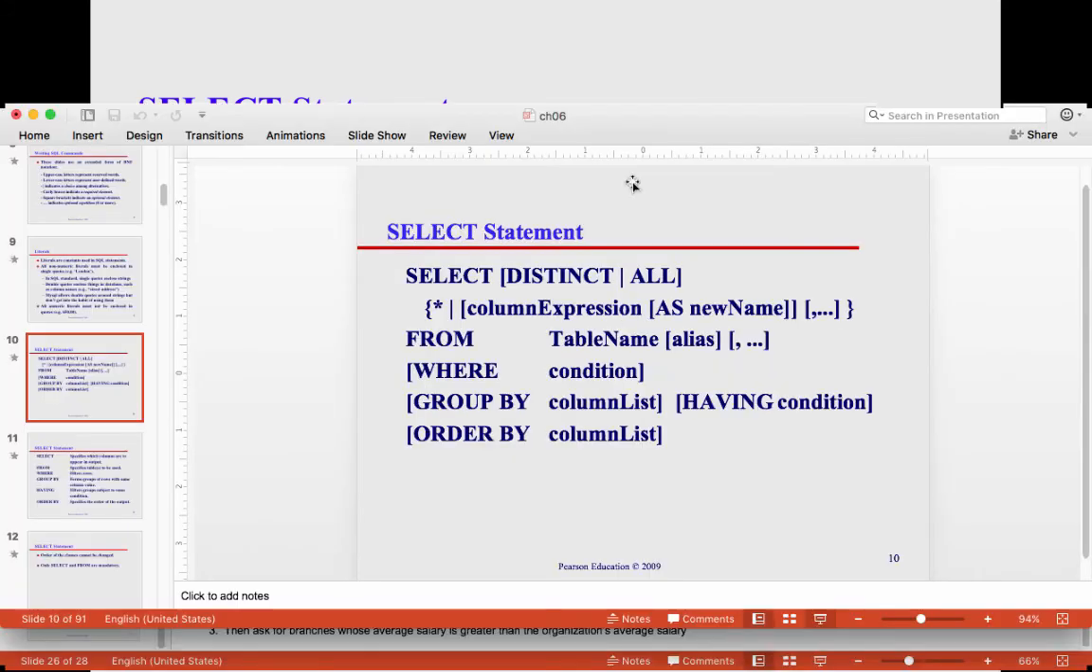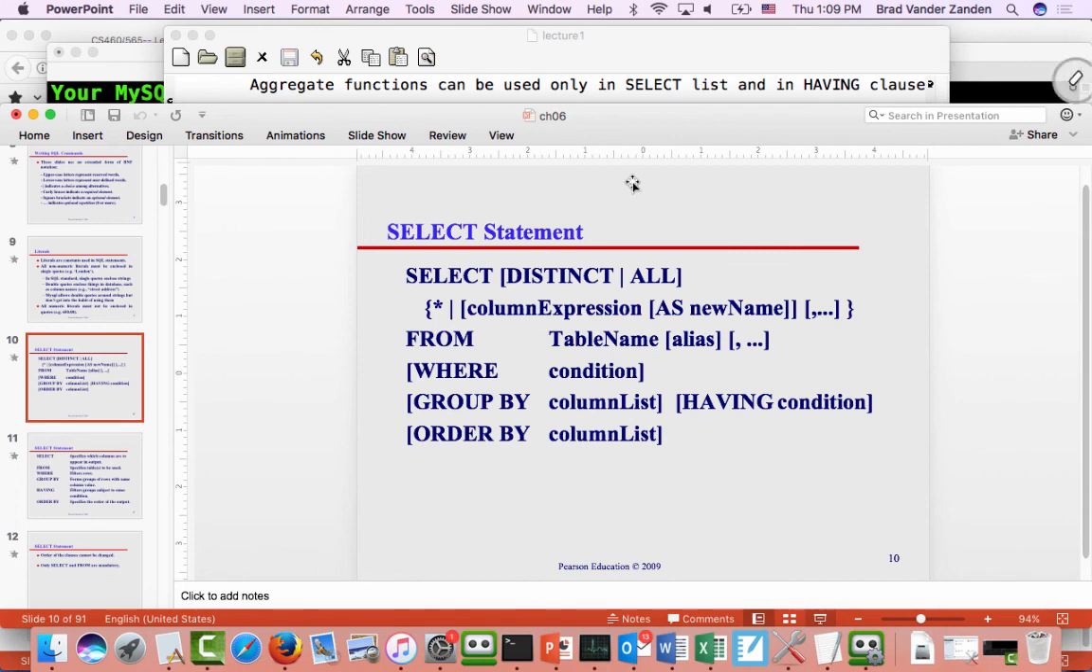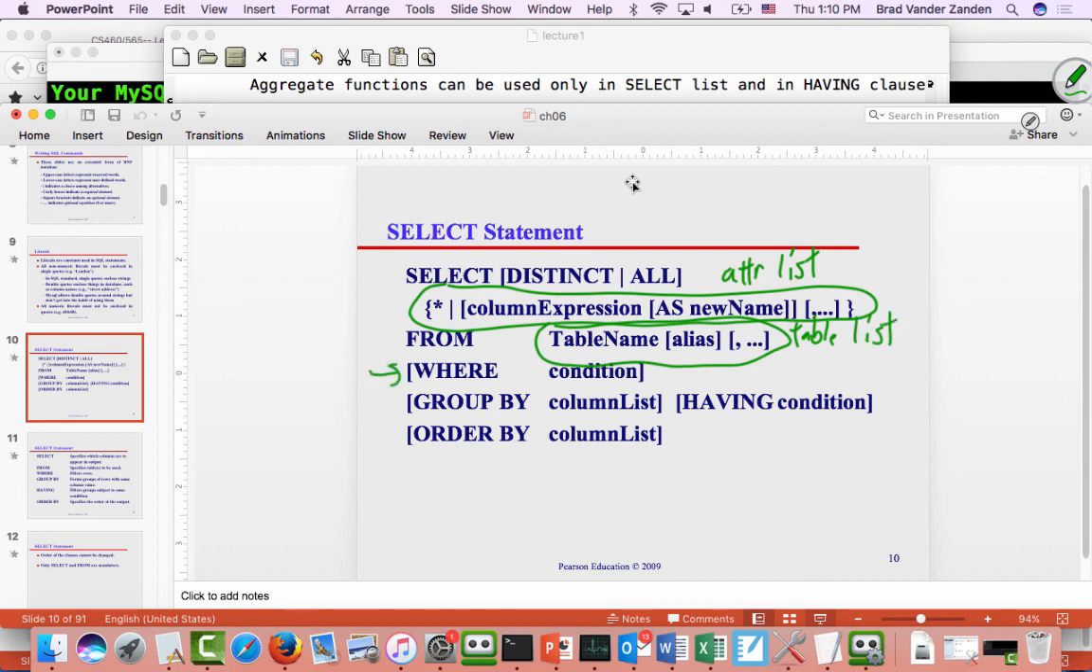So instead, we will simply say select, this is really saying select attributes. So this is an attribute list from a table list, so a list of tables. Where is our filter? Group by, we will see, is good when we want to organize rows into sets. So for example,